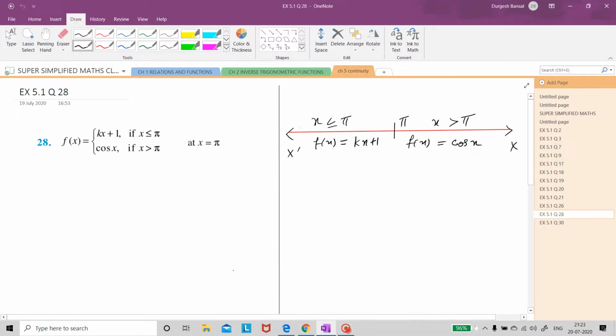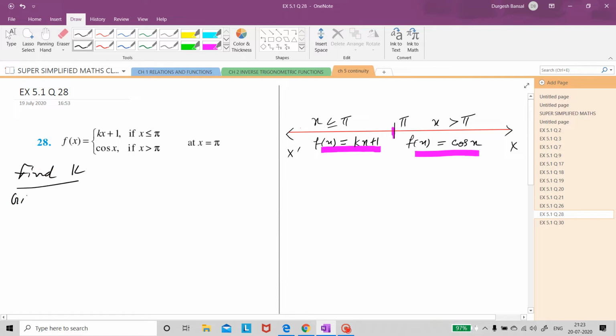Now the next question is question number 28, and the definition of the function is that f(x) is kx plus 1 if x is less than or equal to pi. So you can consider this to be the real line, and this is any point pi on the real line. This area is the left hand side of pi, x is less than or equal to pi, and for the right hand side of pi, x is more than pi. For these points f(x) is kx plus 1, for these points f(x) is cos x. So here also the question says that you have to find the value of k,